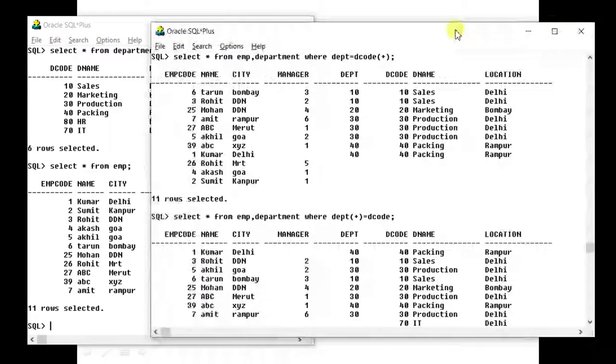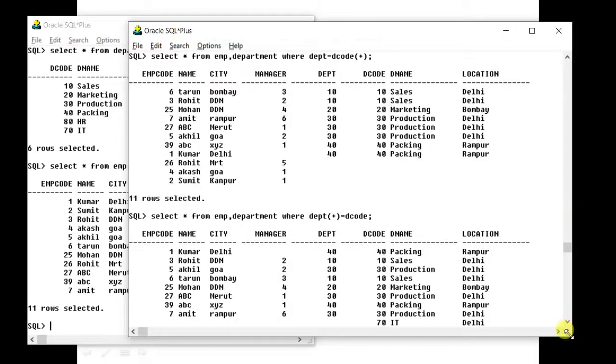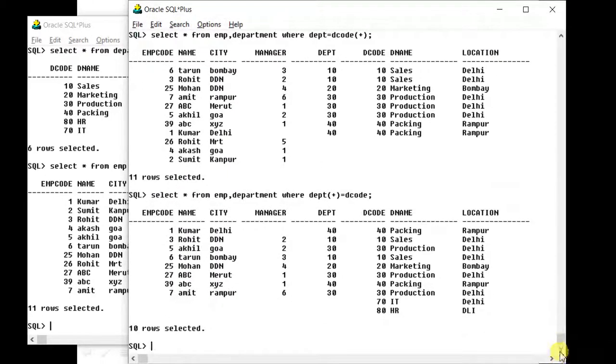I will suggest you to make notes, understand it carefully on the copy, and try to run on different tables. See, the query is same, select star from employee comma department, but where DPT equal to DECODE, the position of plus has changed the output.